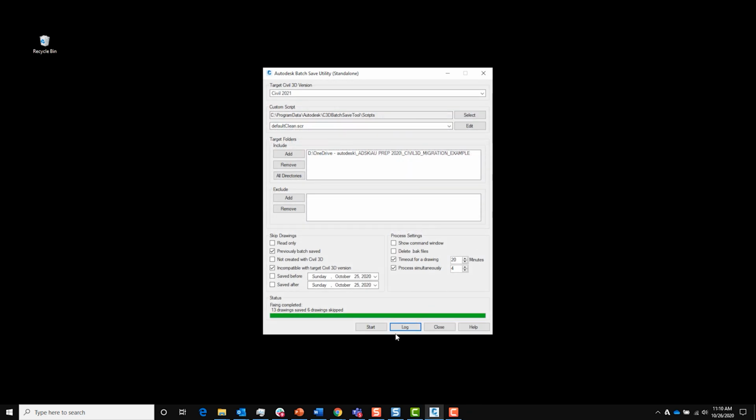So let's go ahead and we could run this again. We could tweak the files. We could even run this again and go ahead and clean those other version files.